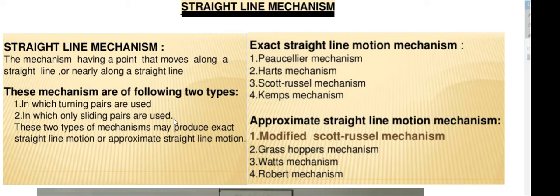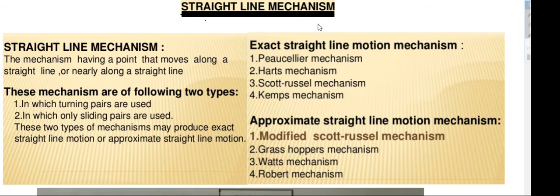So hello friends, we will be continuing with ME301 Mechanics of Machinery. Today we will study something called straight line mechanism. Last time we studied the 4-bar mechanism and its inversions. Today we will study some special mechanisms that produce a straight line. Straight line means that when the mechanism moves, one of the links will be producing a straight line.